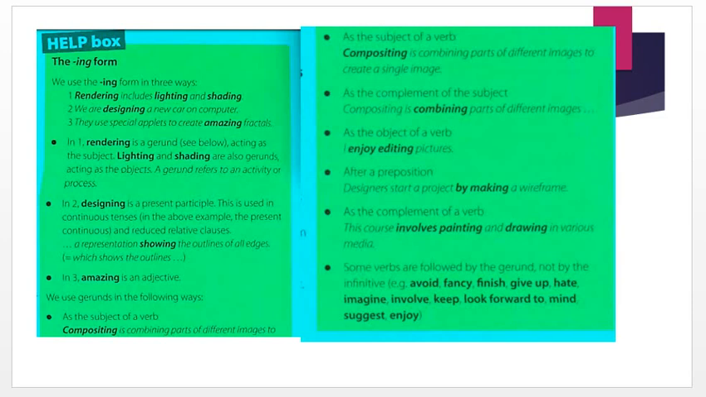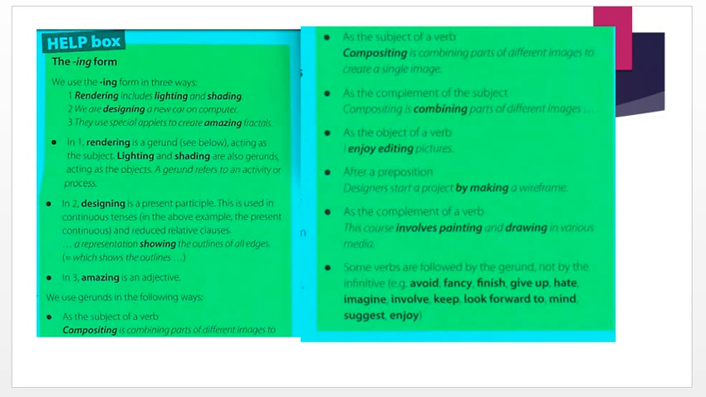Rendering includes lighting and shading. The ing form of the verb, or gerund, is used as a subject of the sentence. We are designing a new car or computer. Here we are designing. Designing is a gerund. It is used after a verb, that is called the object of a verb, and they use a special applet to